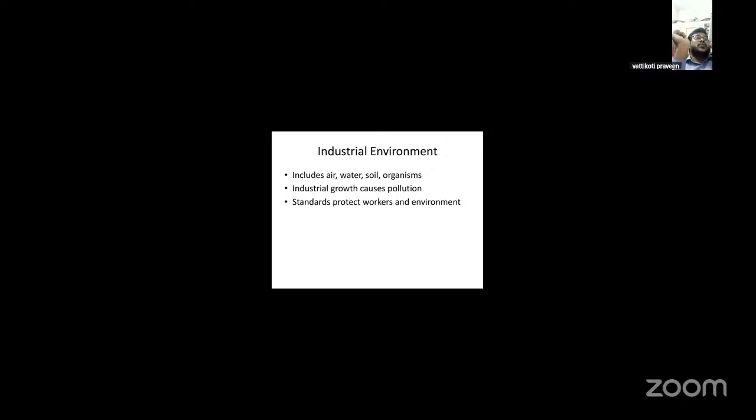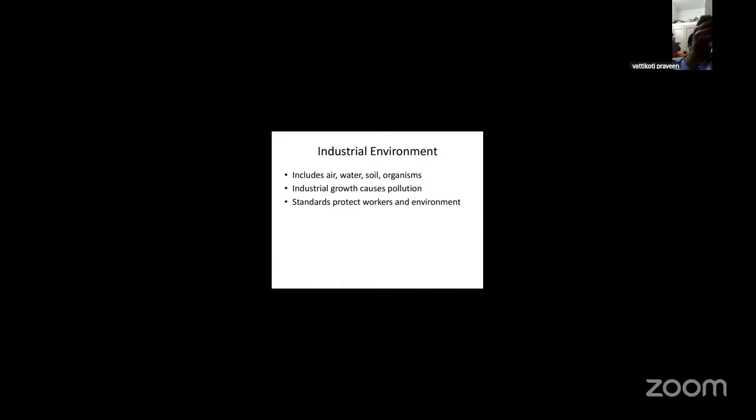Examples of protective measures: emissions and effluent limits at the releasing point, waste management regulations, workplace exposure limits, safety protocols, and monitoring. Purpose of the standards: protect workers' health, prevent environmental damage, ensure sustainable